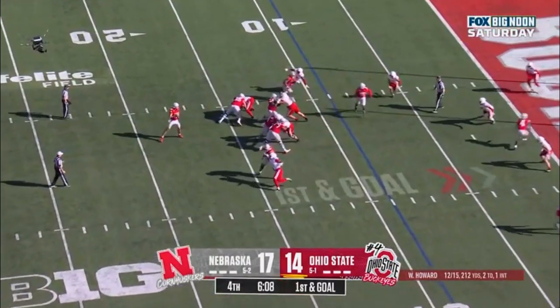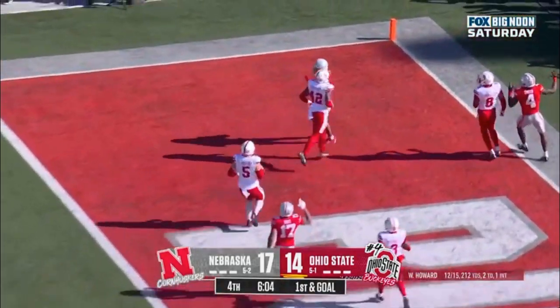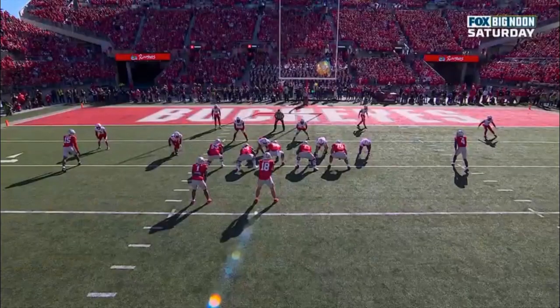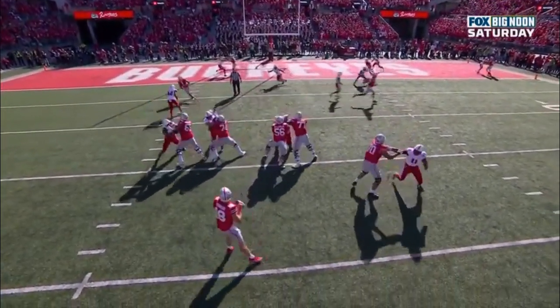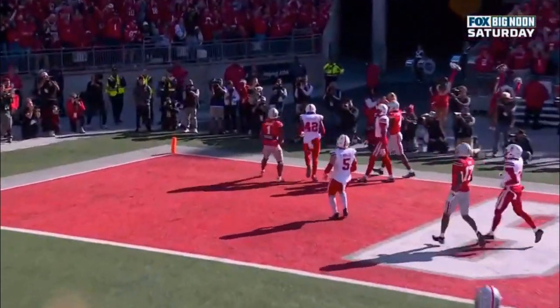Howard looking with time. Delivers. Caught. Touchdown, Ohio State. Quinshon Judkins. First receiving touchdown of the year. So here's Judkins, and watch, he's going to come and work against the linebacker, and then he's just going to kind of inside release on the linebacker. Does a nice job making him slip, and then see all the time he has to have like a kind of a double move from the